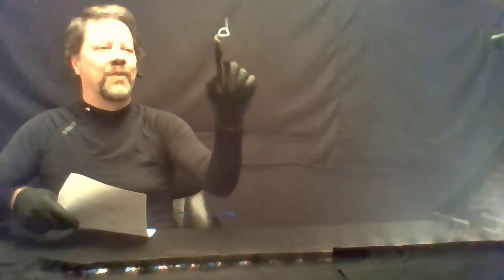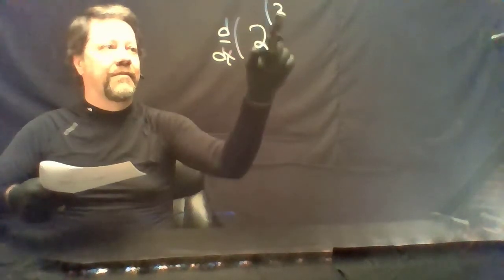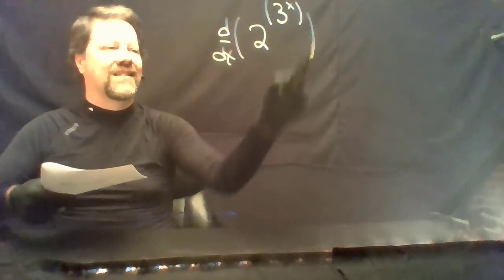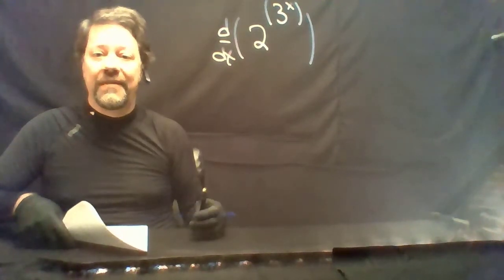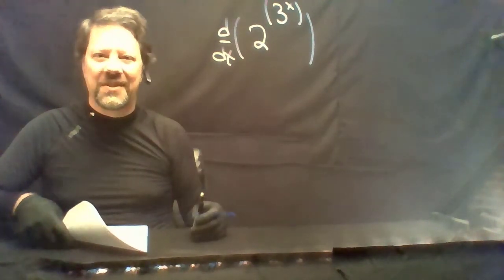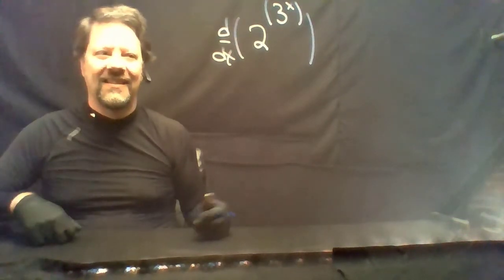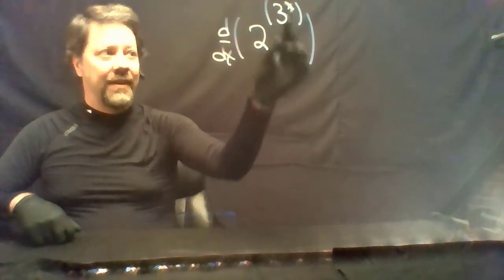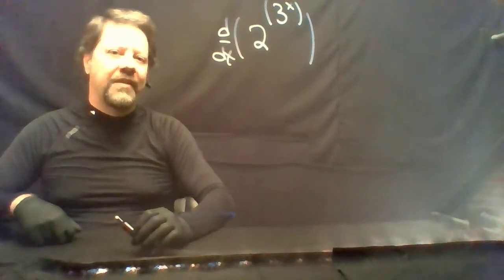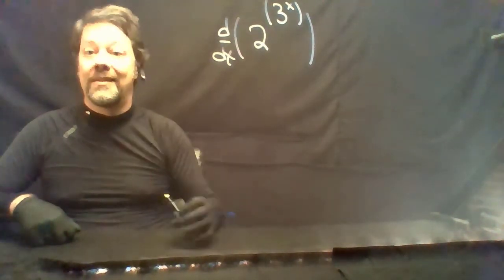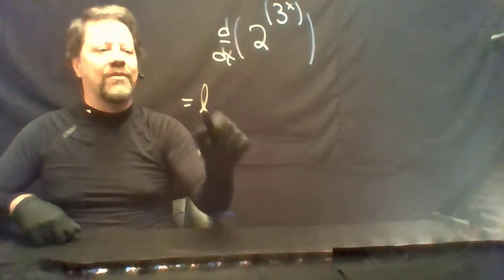On the next problem, we're calculating the derivative of 2 to the power of 3 to the power of x. We'll have the chain rule and rules for derivatives of exponential functions here. We have an inside function and this outside function. Remember, the derivative of b to the power x is natural log of b times b to the power x. So we'll get natural log of 2